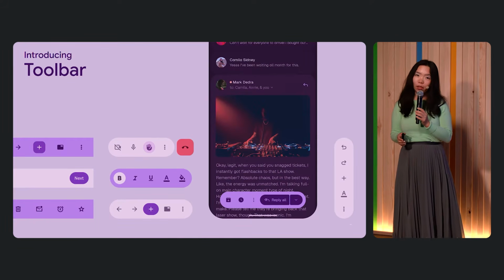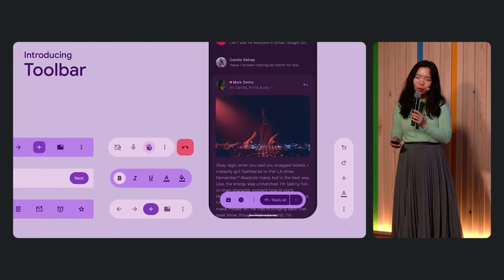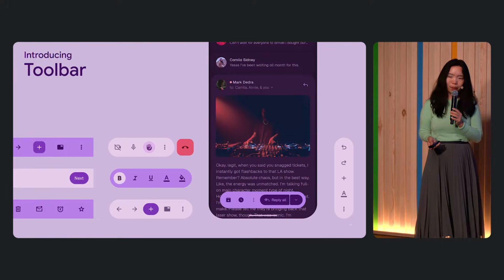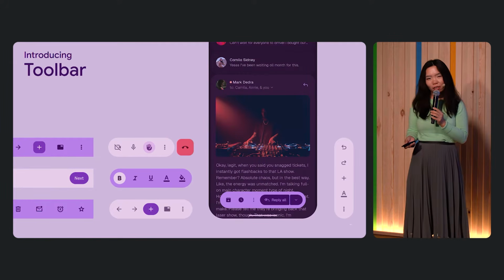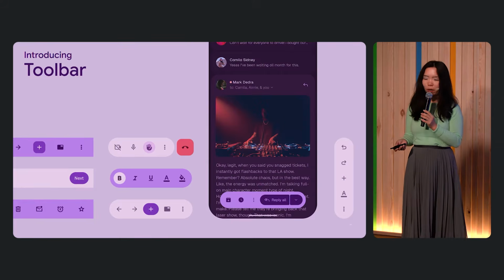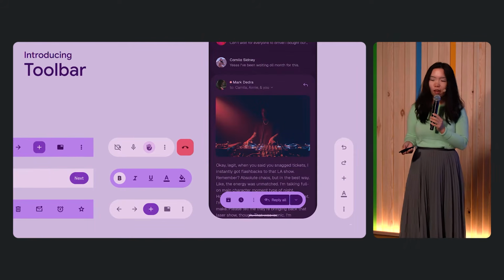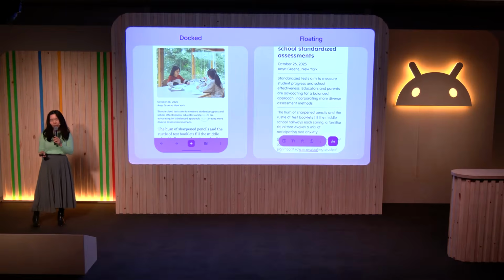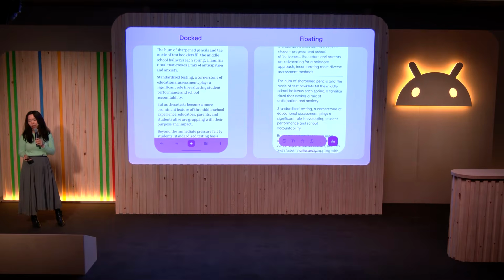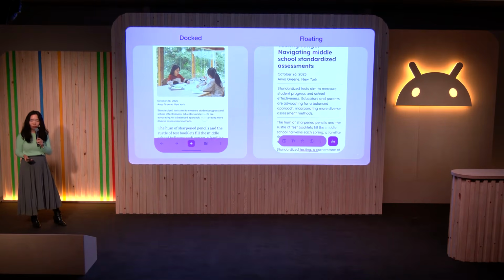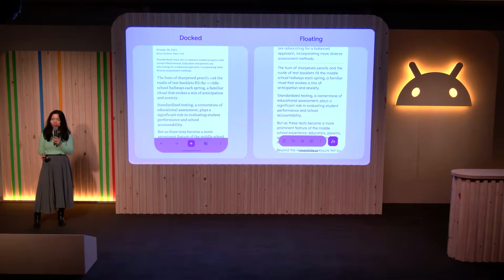App bar works together with toolbar, a brand new component that replaces our old bottom app bar. Where app bar supports navigation, toolbar provides critical actions for the current page. Its versatile behavior supports a variety of use cases. For example, the toolbar can be docked to the screen's edge, or it can float above the content, whichever suits